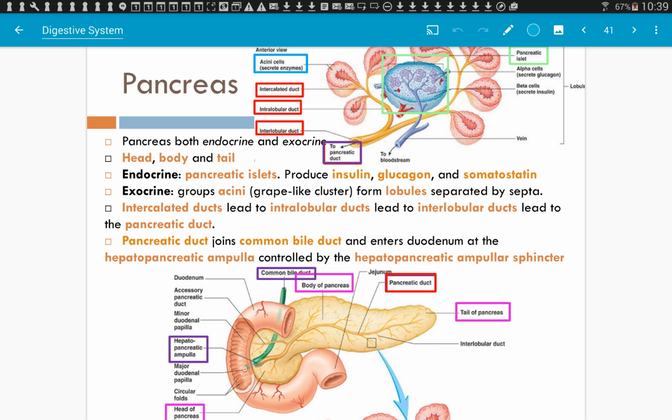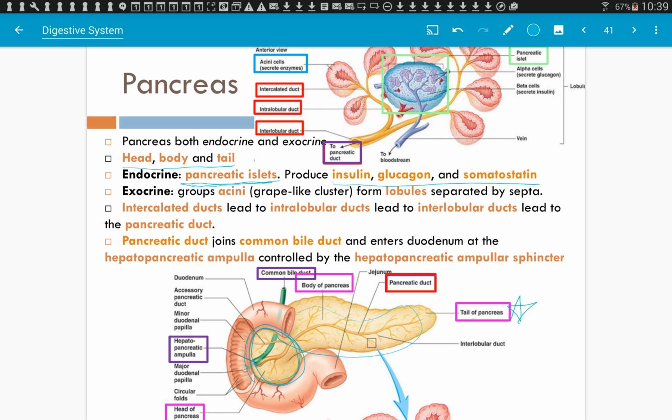Okay, so first just looking at the anatomy, the pancreas has a head, body, and a tail. Okay, so the tail is over here. Your head is this portion, and then the body is the rest. Okay, so exocrine and endocrine. Endocrine first is made by cells within what we call the pancreatic islets, little tiny islands. So the three hormones, you should know the hormones that are made. I'm not going to ask you which cell produces which hormone. You did that in the endocrine system.